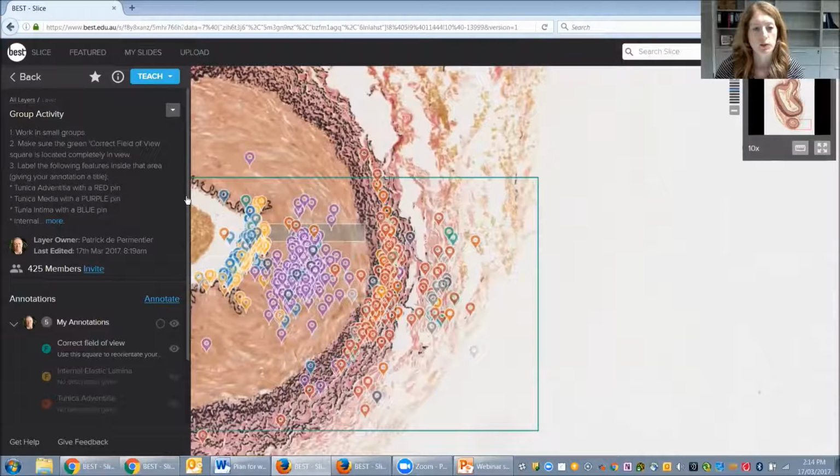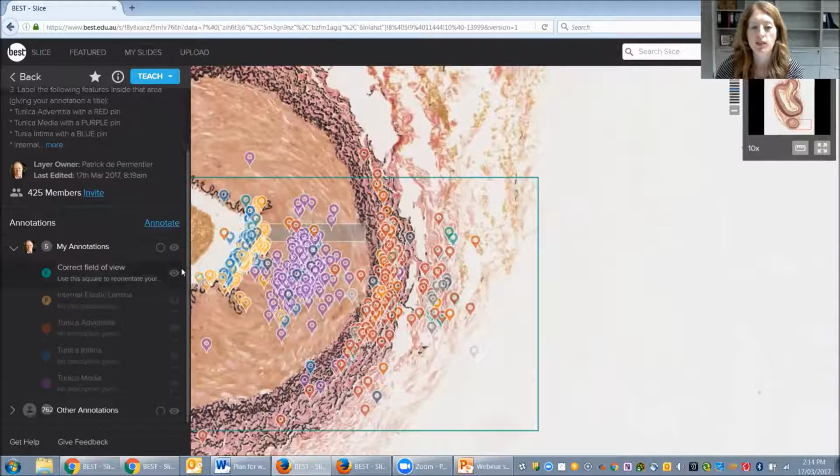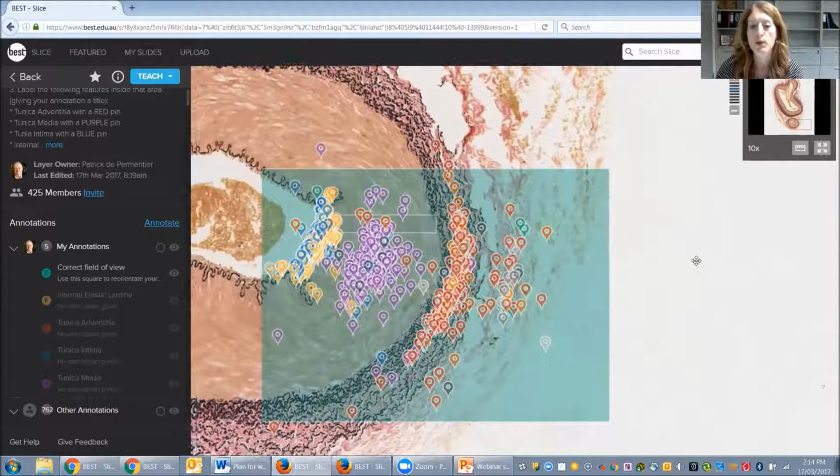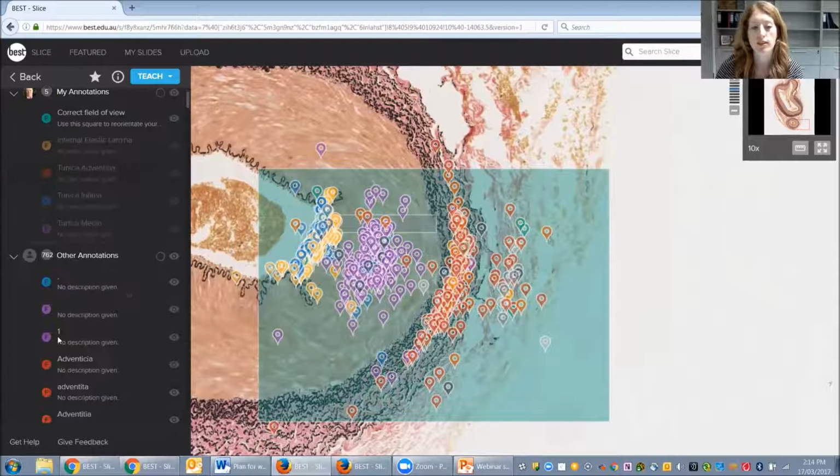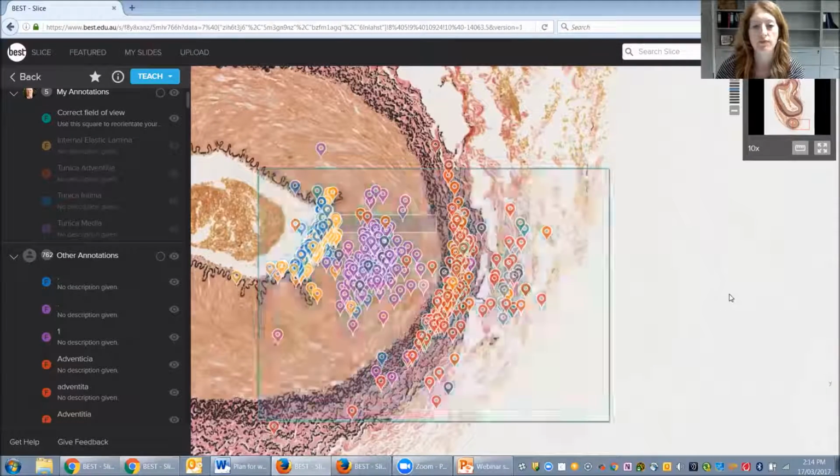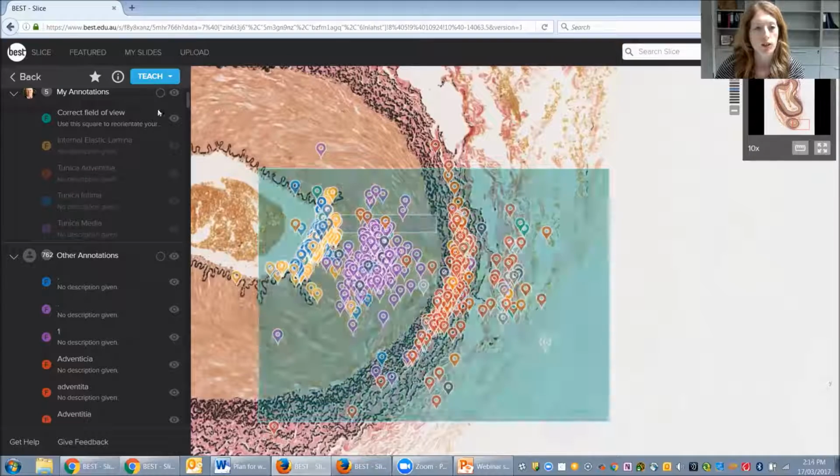So just as before, the students were using pins, which we encourage for these kinds of activities because polygons tend to overlap. So it's better if we use a polygon to represent the correct answers rather than allowing students to use the polygon tools. And it's very easy for them to just quickly drop a pin and choose the color. So I'm going to hide this green box now just so it doesn't get in our way,